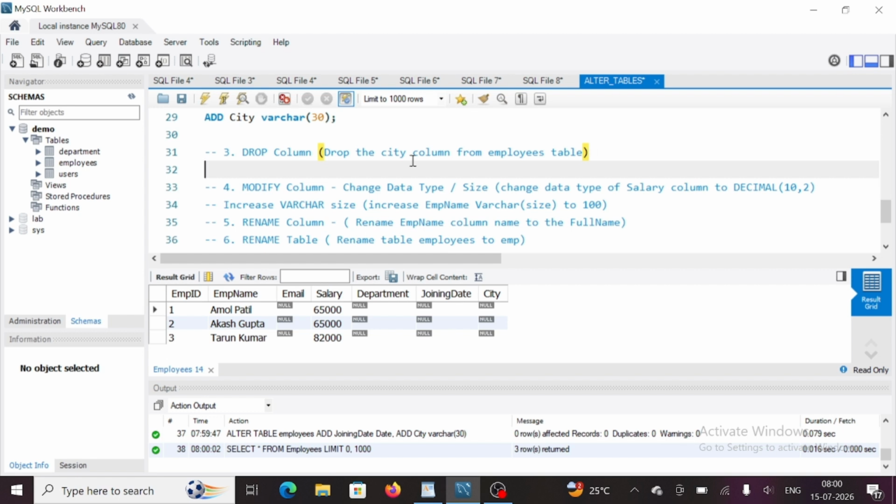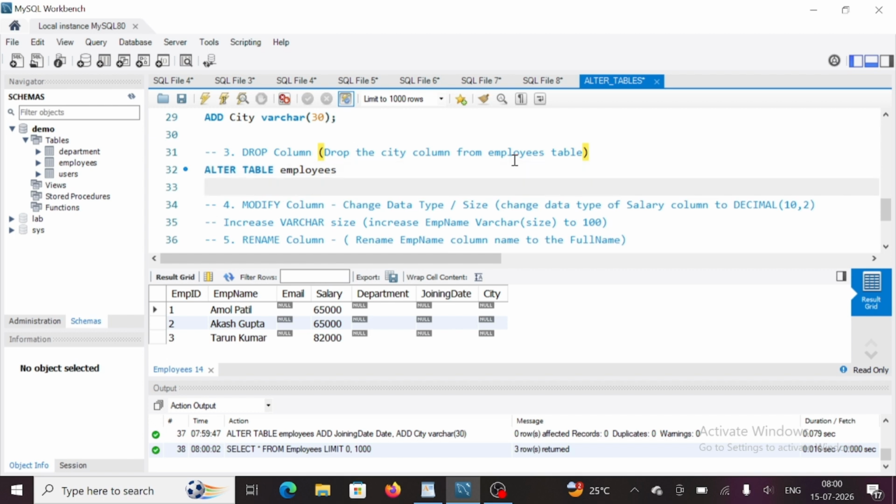how to drop a column. So now if we see 1, 2, 3, there are a total of 7 columns along with the city column. So if we have got a requirement, like from the existing table we have to delete one column, how can we do that? Using alter table we can do that. Alter table, then table name will be employees. We have to write it, because from the employees table we are doing alter table, earlier we were using add